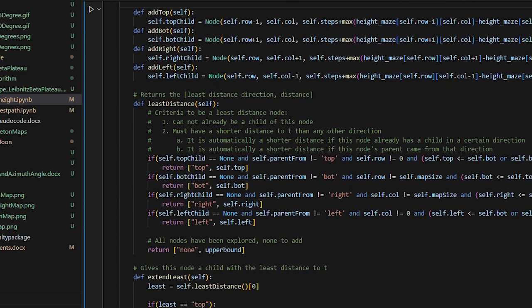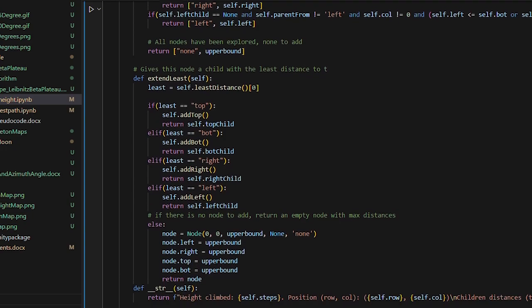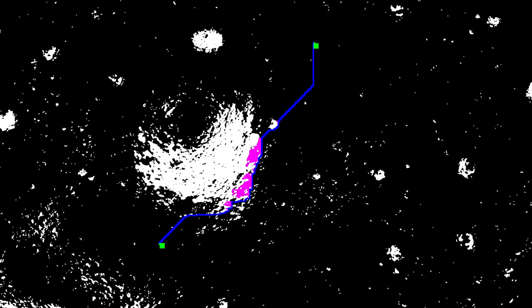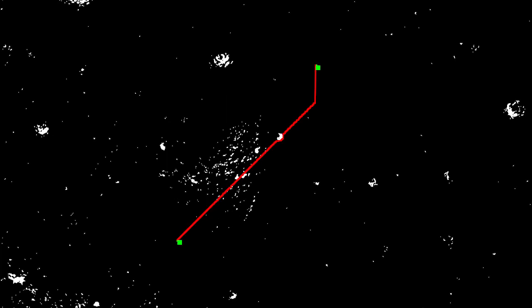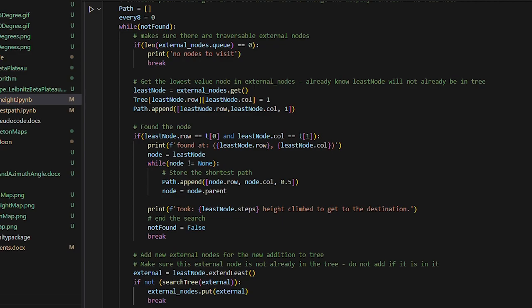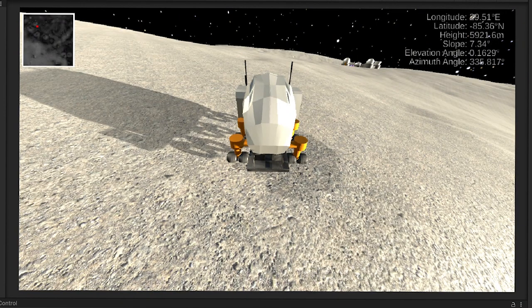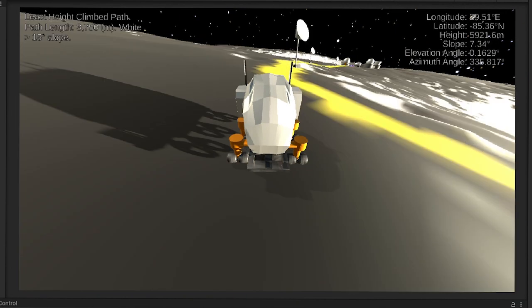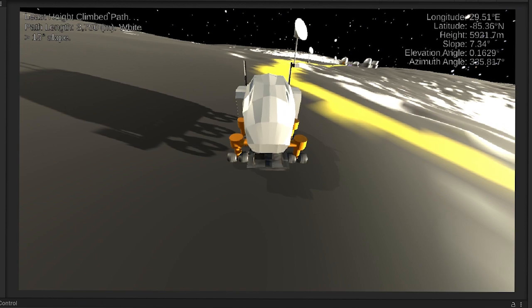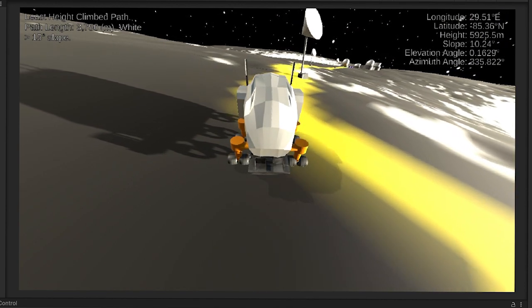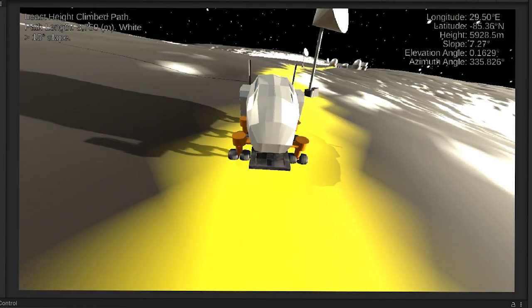We created paths for the least height climbed, shortest path with 15-degree maximum slope requirement, and shortest path with 20-degree maximum slope requirement. We also calculated the length of each path by calculating how many nodes the algorithm traveled to. We then loaded this data onto our Unity scenes, displaying each path with a different color and length of the path. We also made an algorithm to place communication links from the landing to destination site path, which was optimized by getting maximum distance between each link.